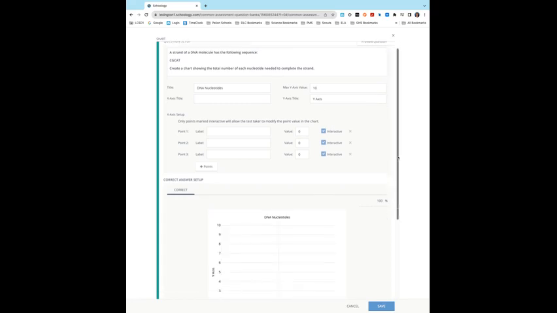So as I make these changes, you can see that my correct answer chart that the students will see is going to change. My x-axis is nucleotides. My y-axis is going to be called total number. I know that there are 4 nucleotides, so that means I need 4 different bars. So I'm going to have A,